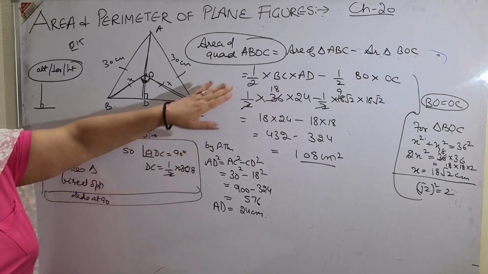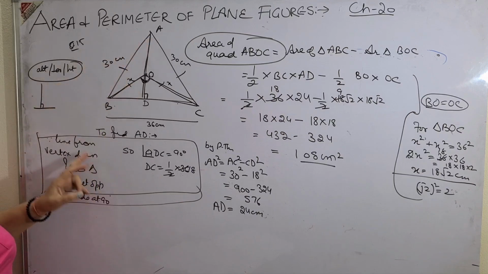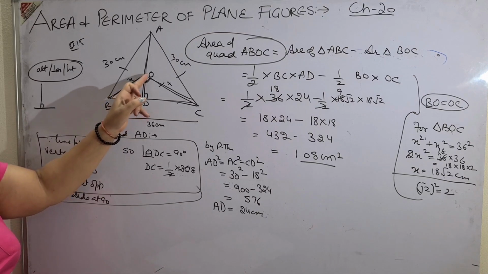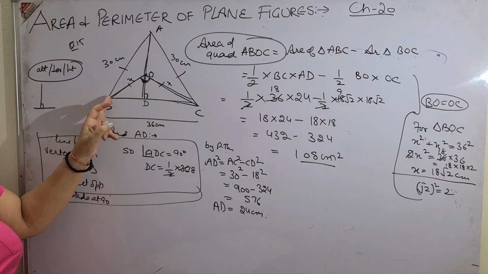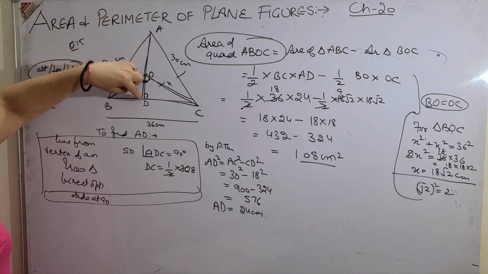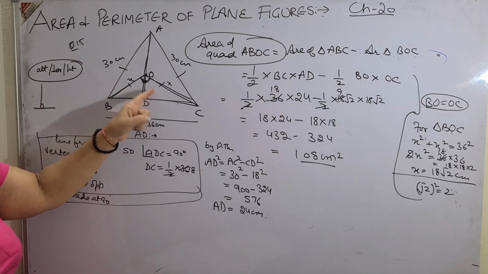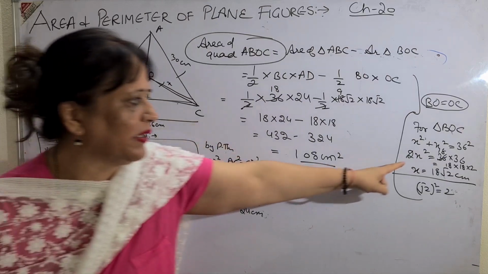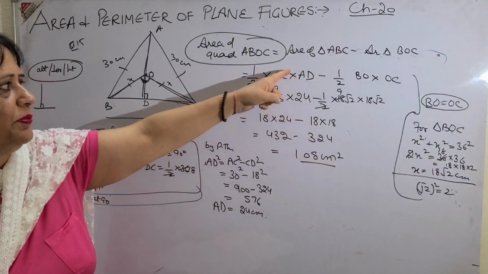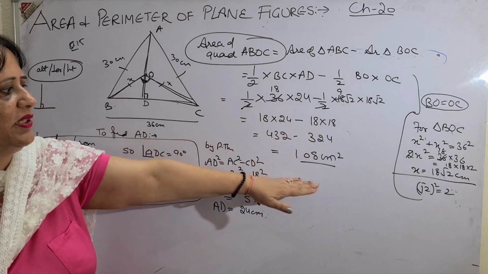First I dealt with the bigger triangle, I needed AD, so I took Pythagoras theorem to find AD. And second, for BOC, again I needed the lengths OB and OC, and since the point was lying on the perpendicular bisector of the triangle, OB will be equal to OC. Again it is a right angle triangle, so I used Pythagoras theorem to find OB and OC. Once I got the unknown values, I substituted in the formulas. That will give you 18 into 24 after calculation.